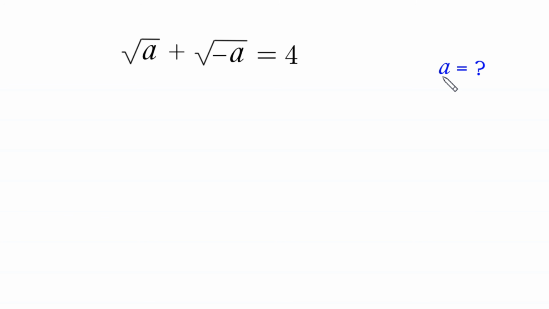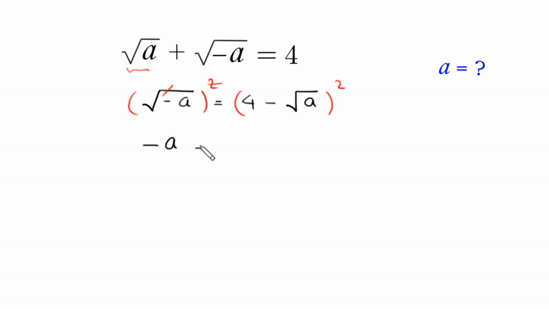So let's start by moving this square root of a to the right hand side. Then this equation will become square root of negative a is equal to 4 minus square root of a. Now from here we take square of both sides. So the square will be cancelled out with this square root, and at the left hand side we are left with negative